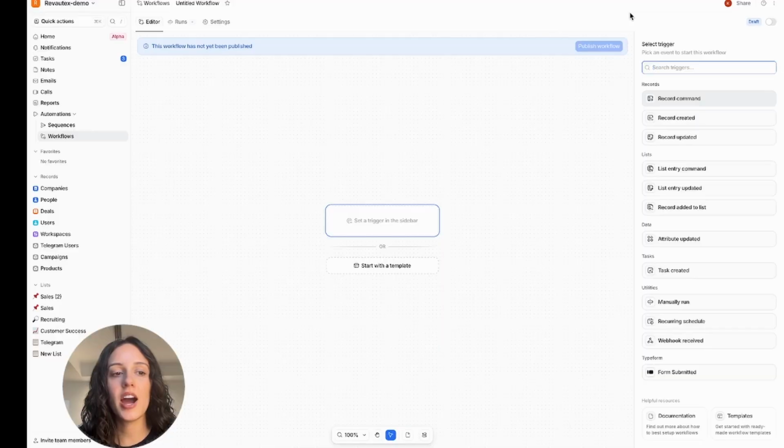If you've ever built an Attio workflow and it didn't trigger or triggered more times than you expected, or maybe you're completely new to Attio workflows, this video is for you. I'm going to break down how Attio workflows actually work. Let's get started. Okay, so I'm in workflows in Attio, and workflows in Attio essentially listen for an event, a